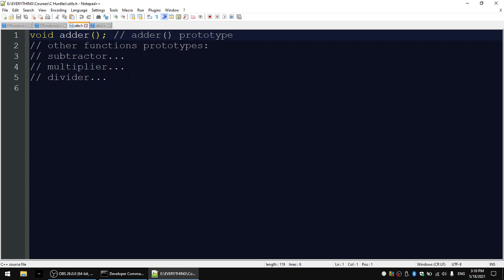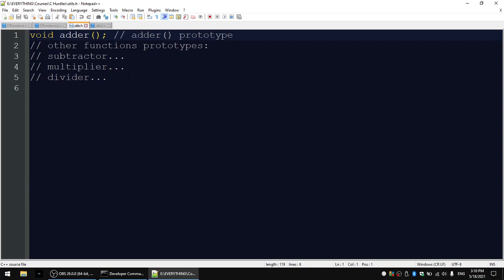Usually in the header file, we also put a couple of special directives to avoid multiple definitions. Sometimes when your projects are complex, the header file might be compiled twice or thrice, and you will have redefinition issues when you redefine the same prototypes or the same constants.